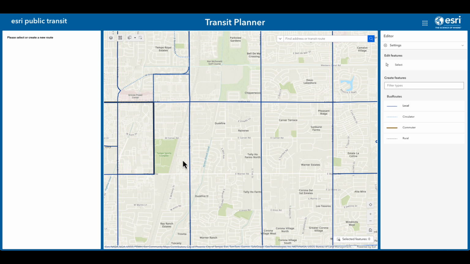As an example of how the transit planner can assist in this, we're going to create a new route from the Tempe Sports Complex here along Warner Road to McClintock Road. Now, as you can see, the transit planner actually snaps to the street network that is provided by Esri or can be utilized at a local data set. But as I go through here and put in all my information,